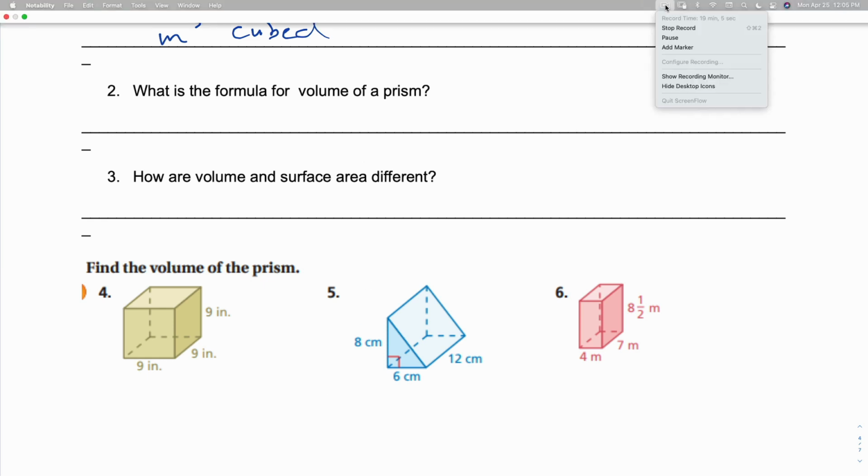No, the H is lowercase because it's the height. The B uppercase just means it's